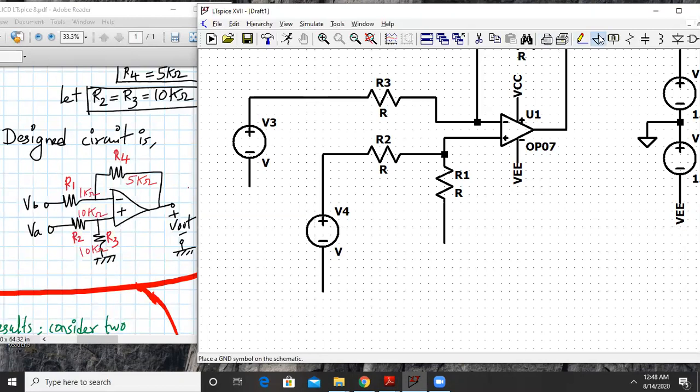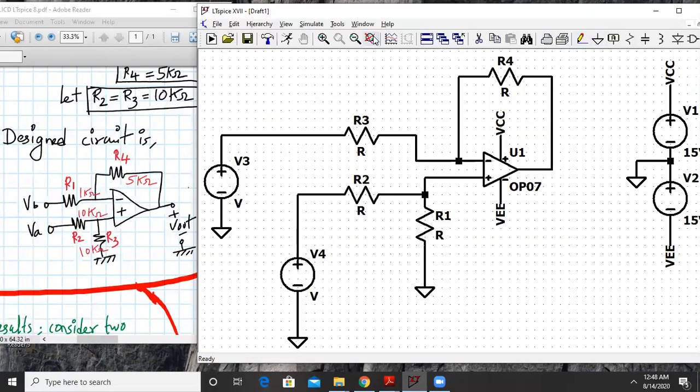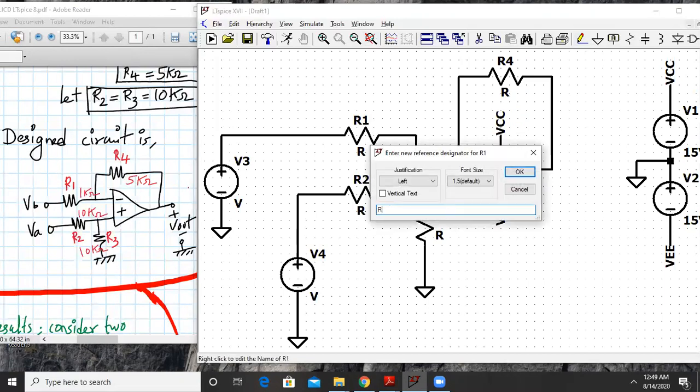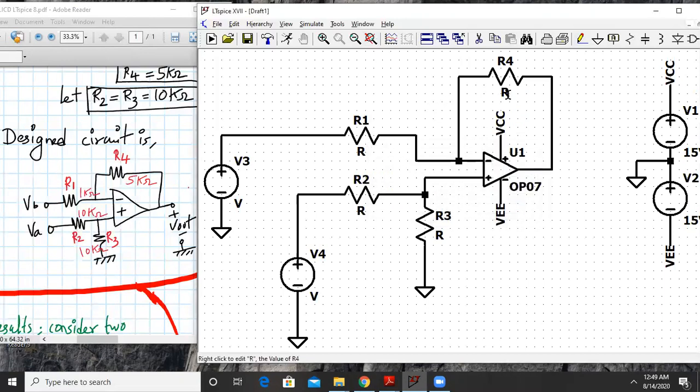Yeah, so I'll now connect the grounds at various places. Remember that the op-amp is already powered with your DC power supply. That connection is already made. Now let us check the syntax properly. This is R1 basically. This is R2. This is R3, and this is R4 as usual.